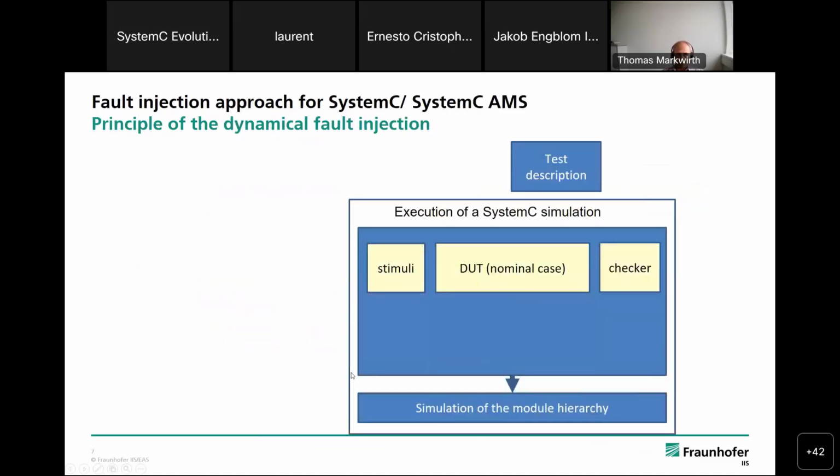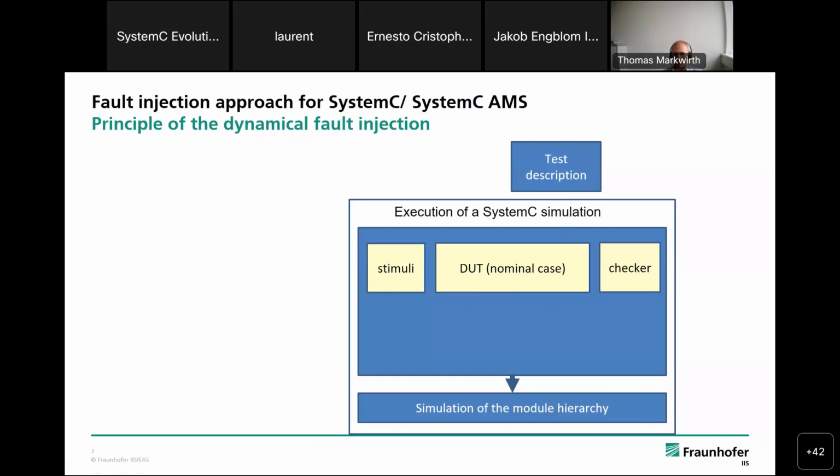So here, shortly, I only want to define the principle of dynamic fault injection. Really roughly, because it was already published several times, so it's not the focus here, but you need to know some really important things in order to understand the approach itself. First of all, I want to define what happens during the execution of a SystemC simulation. This execution can be split in two phases. The first is the so-called elaboration phase, where the DOT